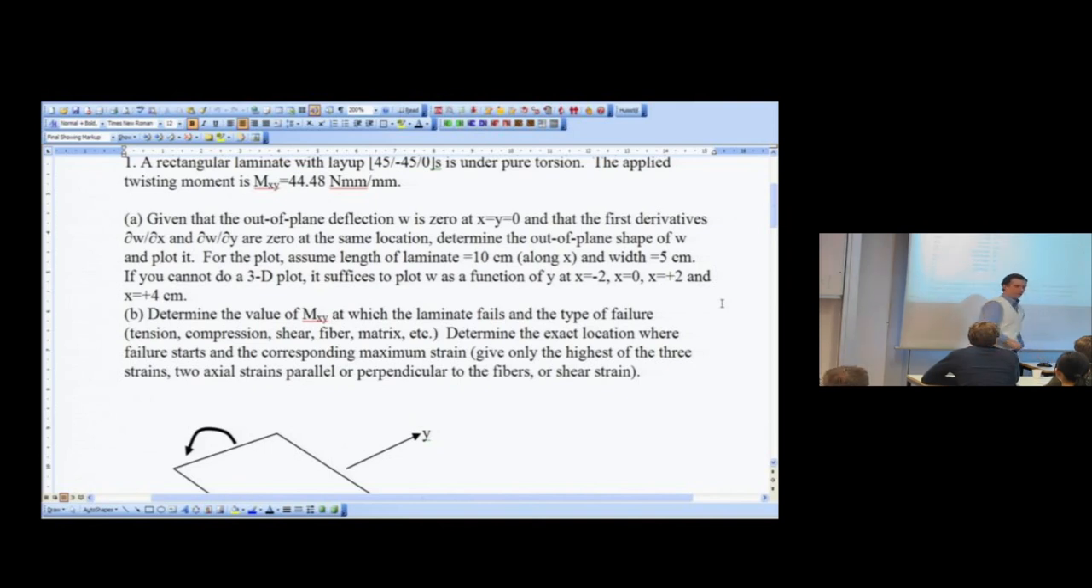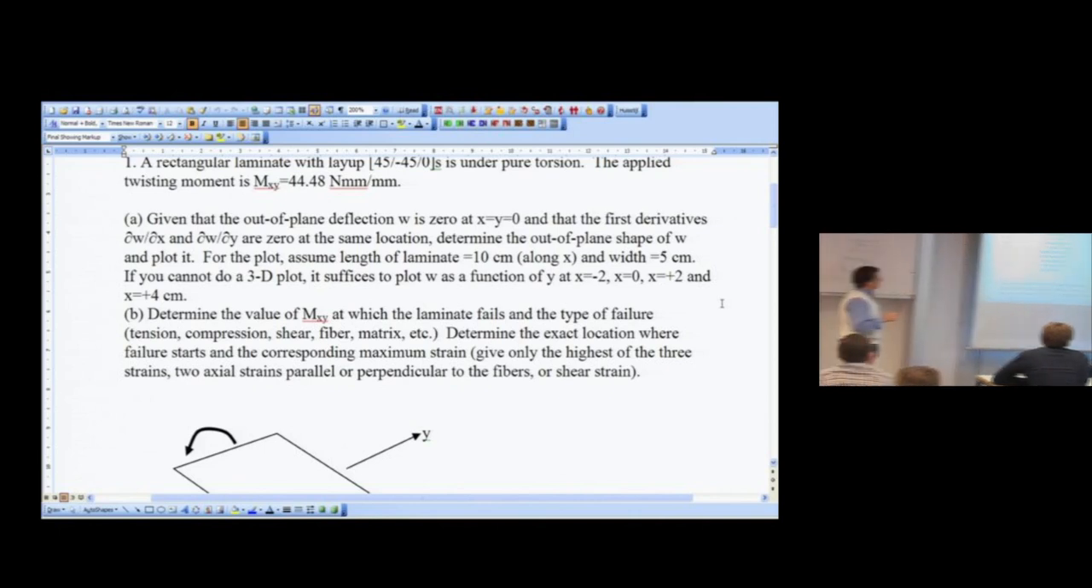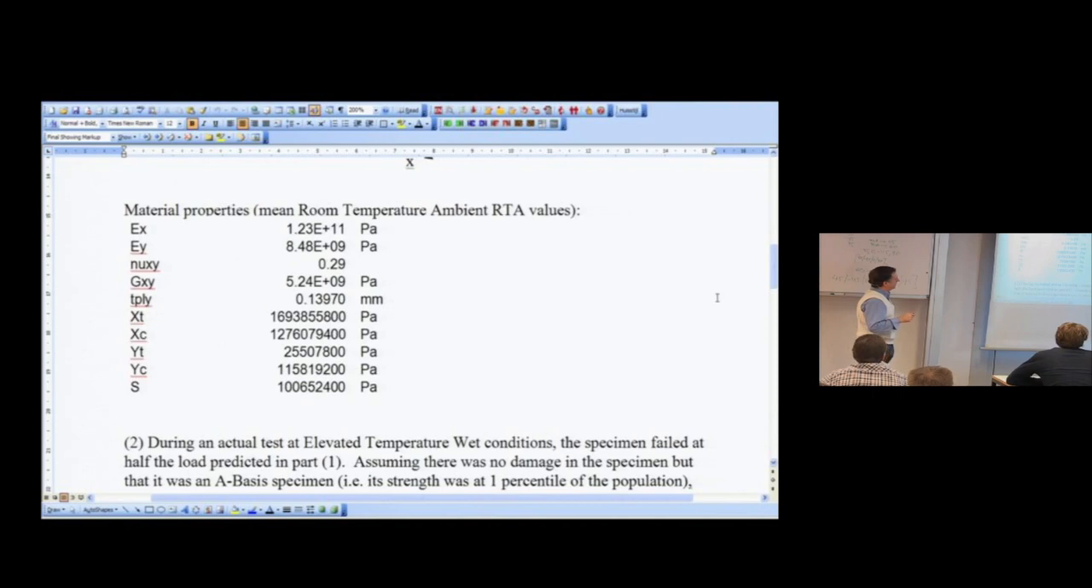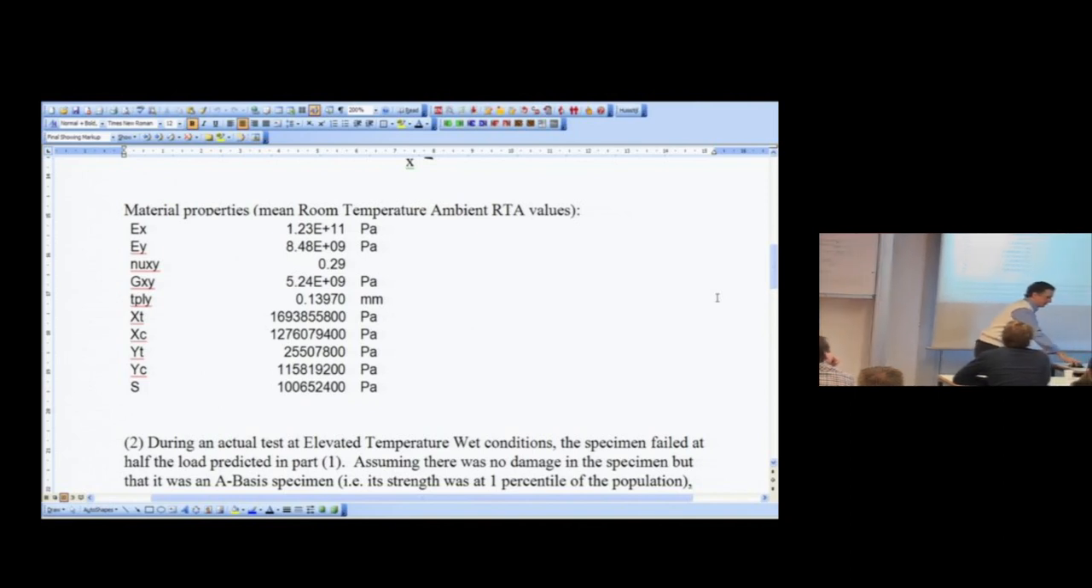I give you material properties. X is parallel to the fibers for the material we are talking about. Y perpendicular. This is Poisson's ratio, shear modulus, thickness of the ply, and then tension compression parallel to the fibers, tension compression perpendicular to the fibers, and shear. Now that's classical laminate plate theory, basically, and first ply failure, and a little bit of math to give me the shape of W. Now there's one more problem, where we say, okay, we actually tested this laminate now, but